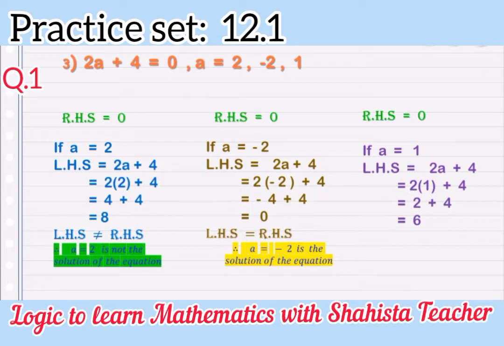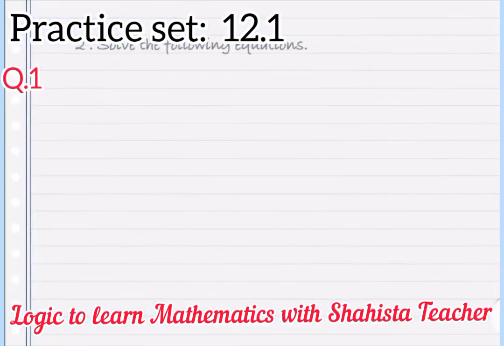So here again RHS is not equal to LHS. We will write here LHS is 6 and RHS is 0. They both are not equal. So LHS is not equal to RHS. Left hand side is not equal to right hand side. Is that clear, my dear students? Therefore, A is equal to 1 is not a solution of the equation. So simple. This trick you have to apply whenever you solve this kind of sums.